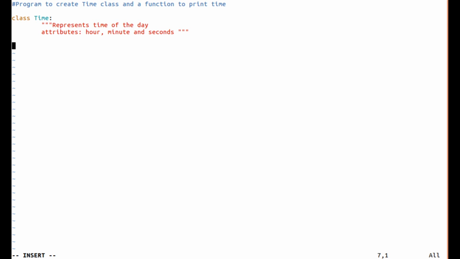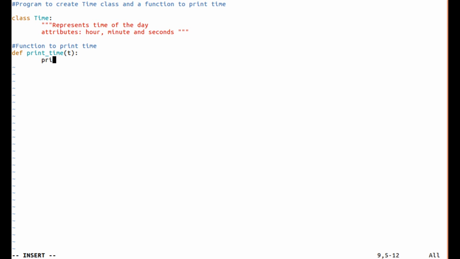Now we'll write a function to print a time. Okay, so this is the definition of the function: def print_time. Here, t I'll take as the object.